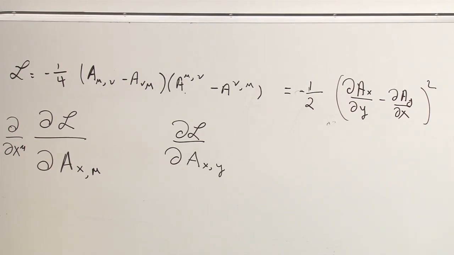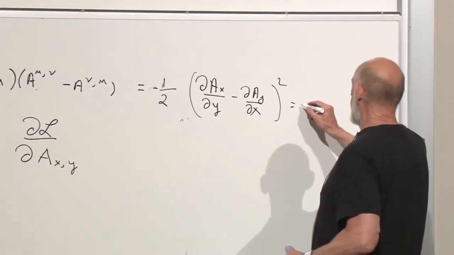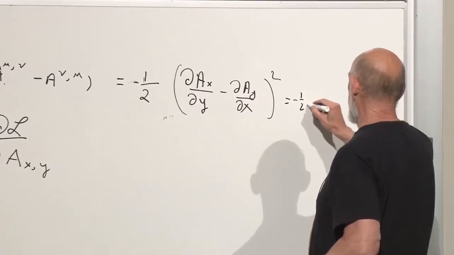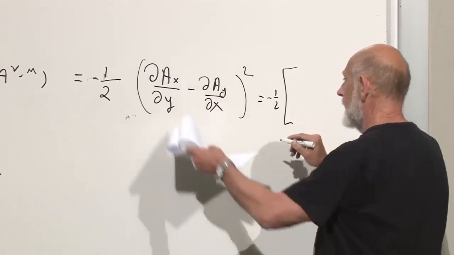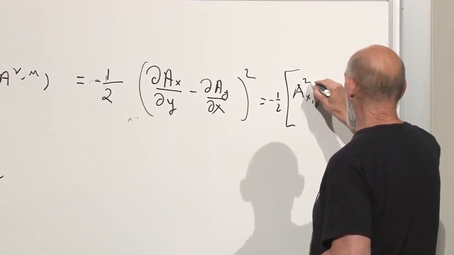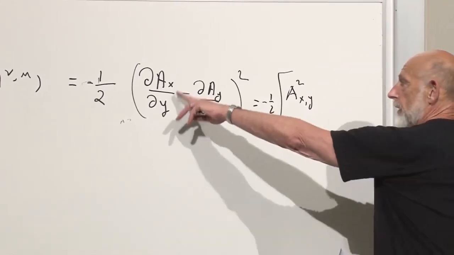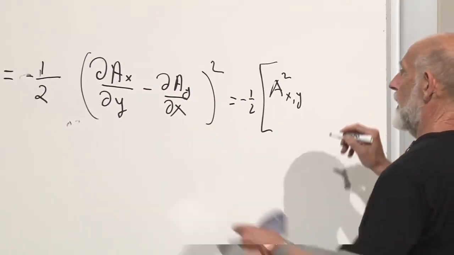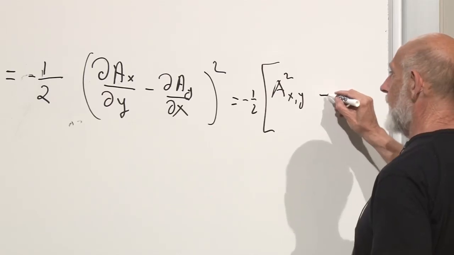All right, now let's write this out. Let's write this out in some detail. Minus a half, put a big bracket around it. This is ax comma y squared. I've squared this. Now there's the cross term minus